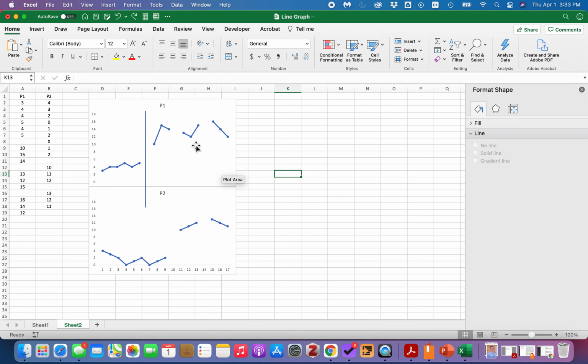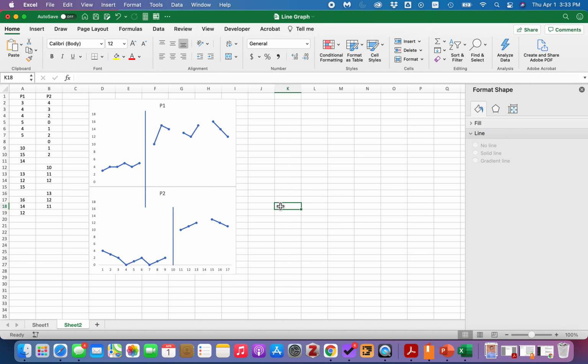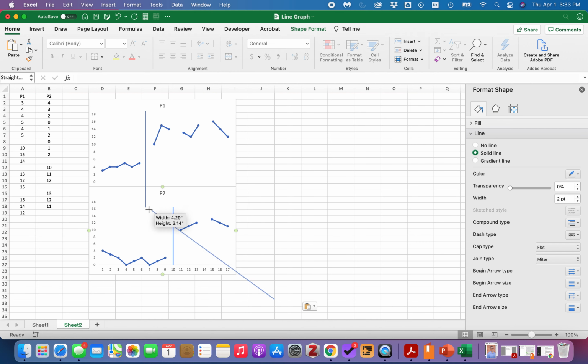I'm gonna click out of it instead of staying clicked in there. Okay, Control V, there it is. So here I'm gonna put this one right there, and then I'm gonna make it about the same height. I'm trying to match it up right there because I'm gonna Control V another one, and then I'm just gonna connect